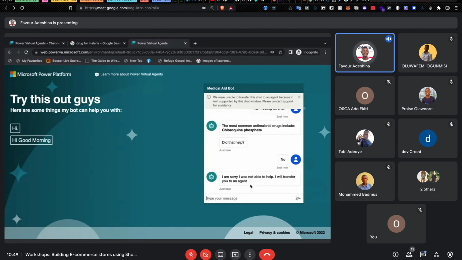You can use Power BI inside Power Apps. You can use Power Automate inside virtual chat agents. So with the help of Power Automate, by the time this thing sends a message, it will immediately send an email to an agent, saying, hey, please check out this conversation. It's to send an email using Power Automate immediately to an agent. So that's how simple it is working with Power Platform.